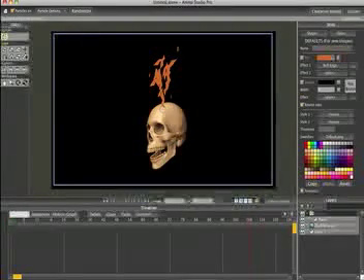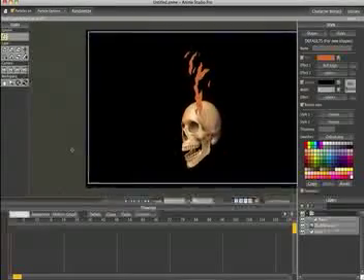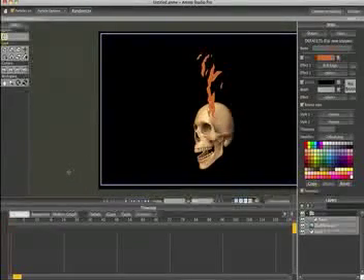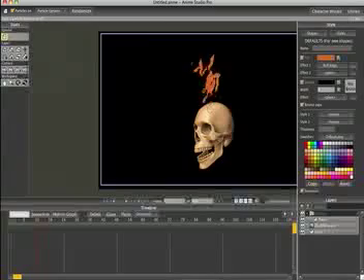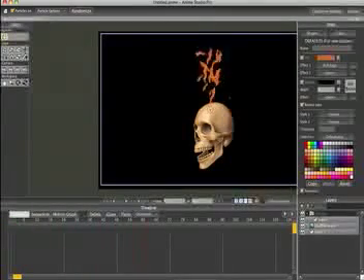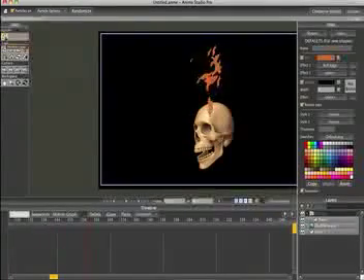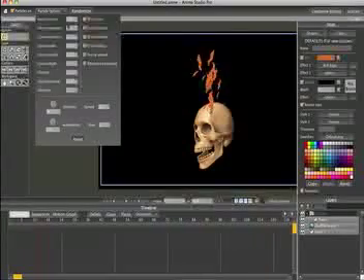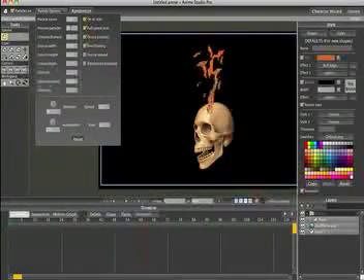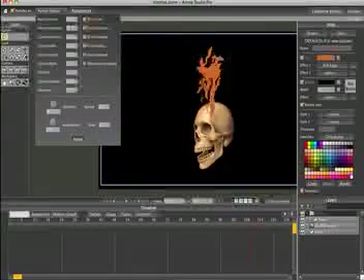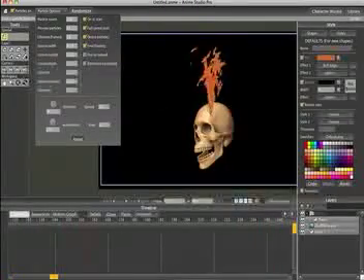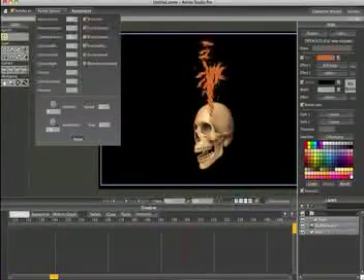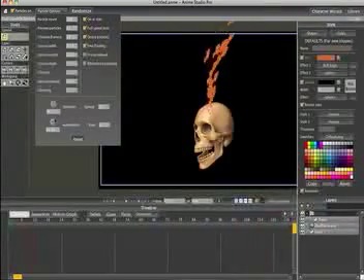But let's go to frame 0 and hold the spacebar down and just move our canvas over. And what you can do is hit spacebar to play the particle layer, and then with the particle layer selected in the special, you can go up to the options and in real time just mess with the settings, and you can watch it change in your preview. So what we want to do is change the acceleration upward,